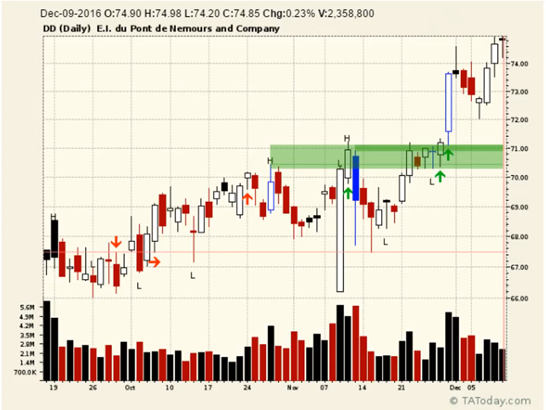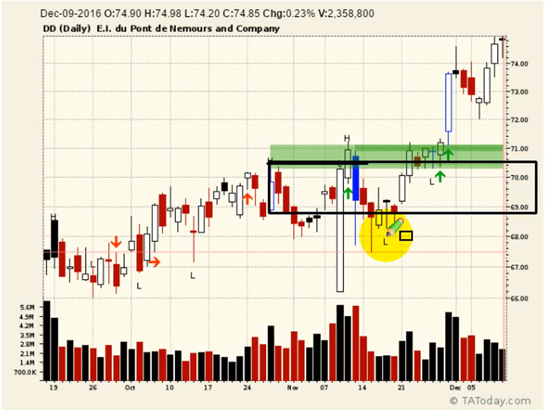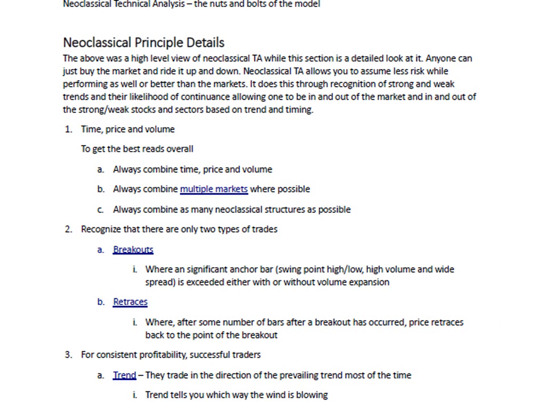We know, for example, what the probability is for any kind of a breakout that takes place. For example, on this particular breakout, once it took place, we know what the probability is that any kind of a push back into this will or will not be bought based on, in this case, a retest regenerate. And we'll talk about that here shortly. We know what the probabilities of that are based on how soon that takes place with respect to time. But before we get too far ahead of ourselves, let's go back to the documentation here. Neoclassical principles